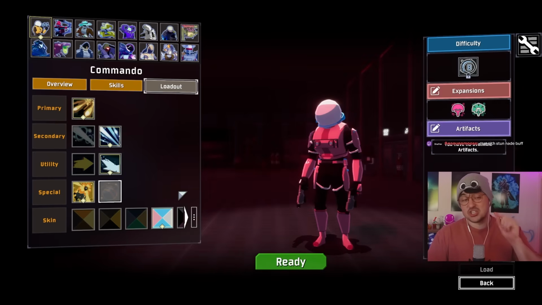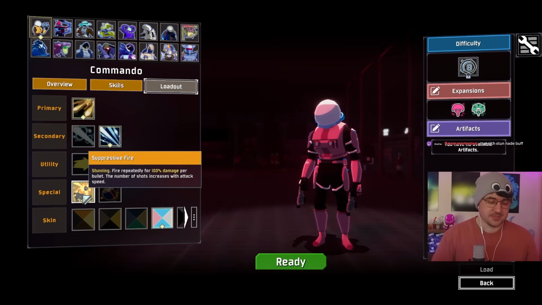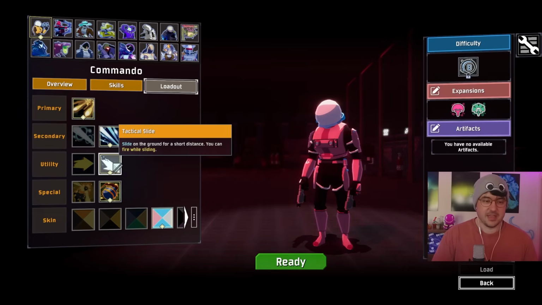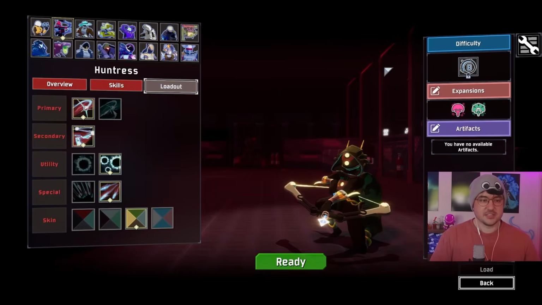Where Suppressive Fire shines is stage 1 Distant Roost. This will just keep him standing still, essentially. This is good for that. Bands is better. This, double tap, Phase Blast, Tactical Slide, Frag Grenade, the Mando loadout. Next,